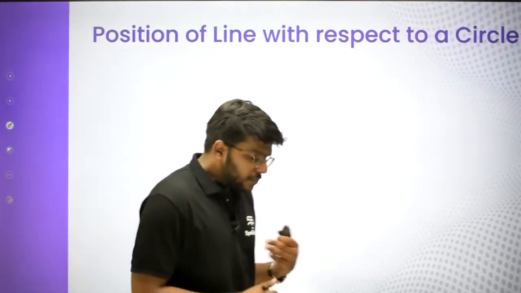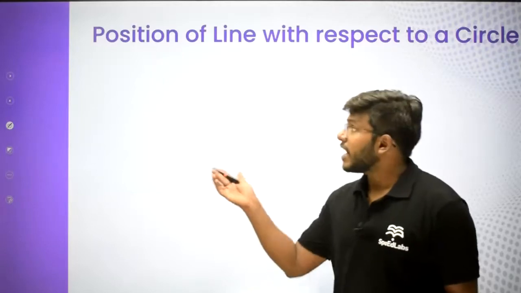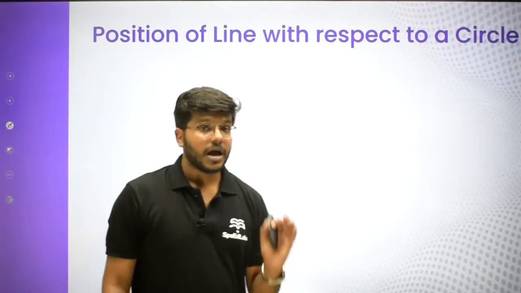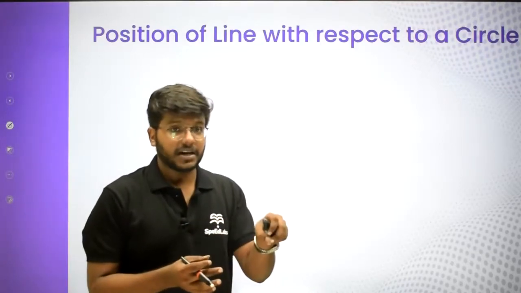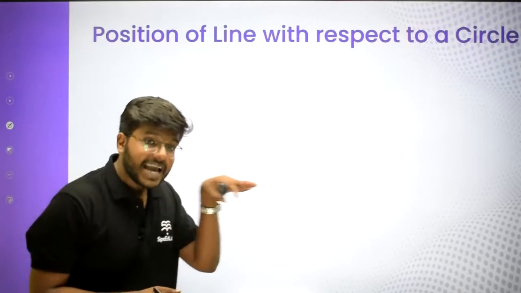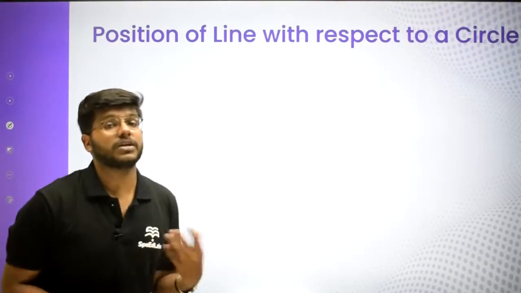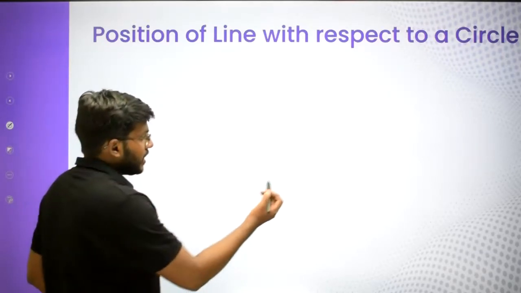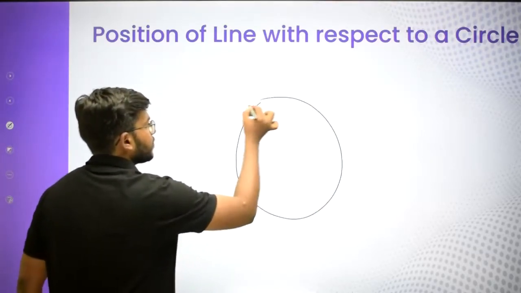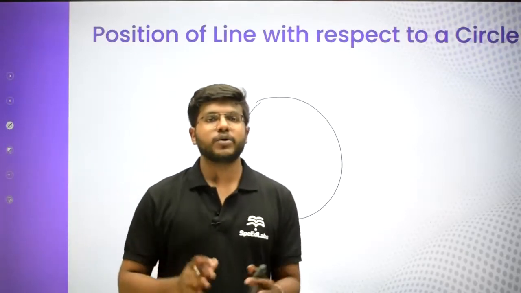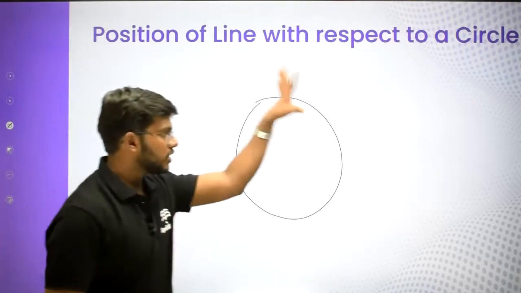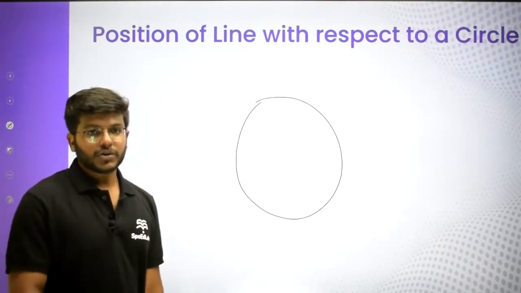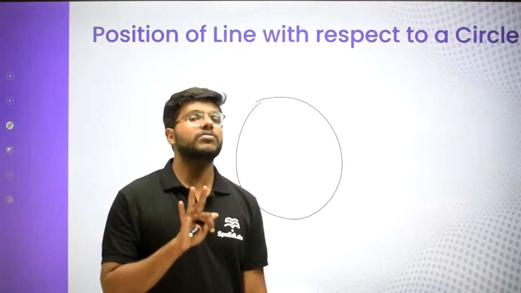Now, similar to the position of a point with respect to a circle, we have a concept called the position of a line with respect to a circle. अभी पहले क्या बात किया? पॉइंट सर्कल के रेस्पेक्ट में. अब हम क्या देख रहे हैं कि लाइन सर्कल के रेस्पेक्ट में उसकी पोजीशन हम लोग कैसे आइडेंटिफाई कर सकते हैं. Now very basic, guys, if I ask you one thing: you have a circle, okay, this is a circle. Now if I tell you to draw a straight line on this board, how can you draw the straight line?